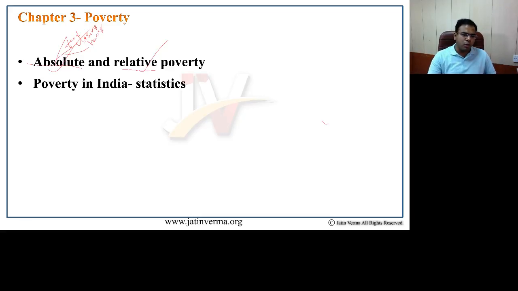So let's move on to poverty in India. Poverty in India has been a major concern since the time of independence and planning itself. Statistics have changed. At the time of independence, poverty in India was more than 50%. Today it is around 22%. However, the World Bank index on poverty says that India faces around 40% of people under poverty, and the multidimensional poverty index also suggests that more than 40% of people in India are under the poverty line.